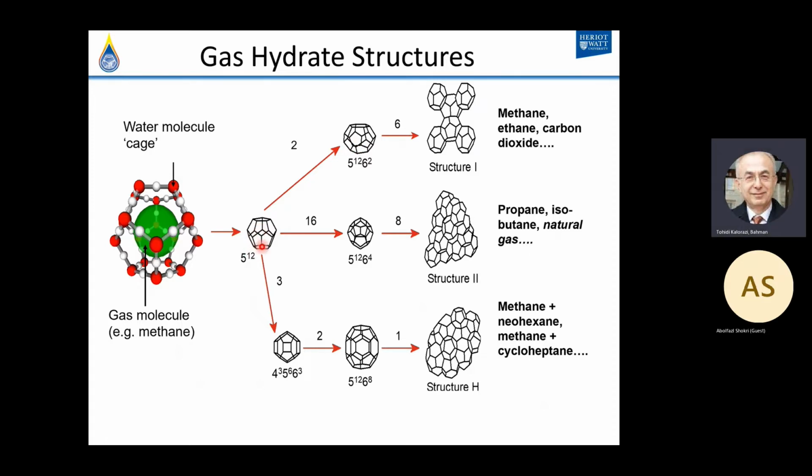For example, 2 small molecules and 6 large molecules form structure 1. 16 small molecules and 8 large molecules form structure 2. Obviously, here the large molecule has 15